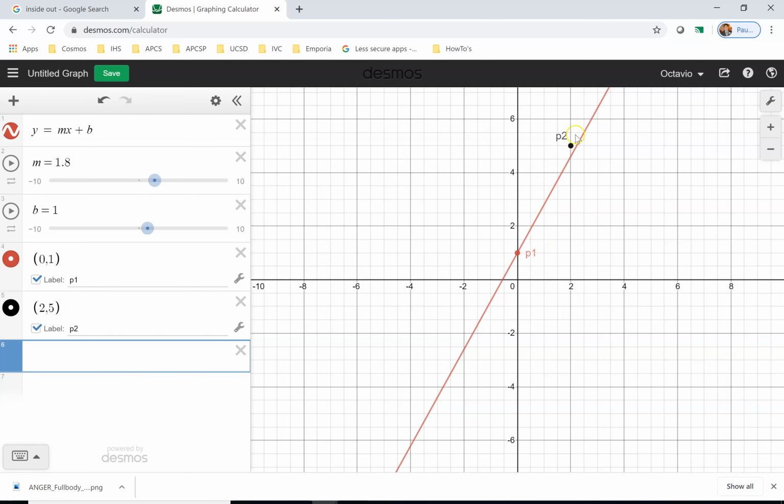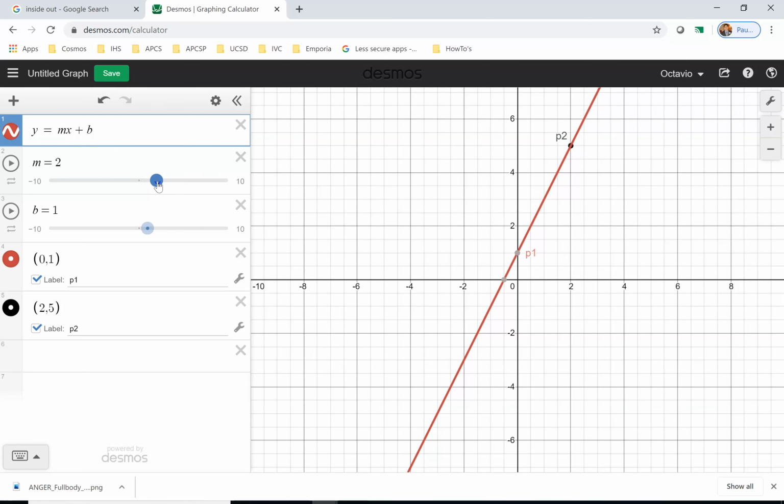And so to fix this, if you're drawing this and you came up with an equation, but your equation doesn't quite go through both points and it's very close like it is here, you can change the slope. Now you wouldn't have a slider, you would actually have a number there. It would say 1.8 instead of m. You can increase the slope by, so if I increase it to 2, notice how it goes right through the point. So increasing the slope makes my line steeper,